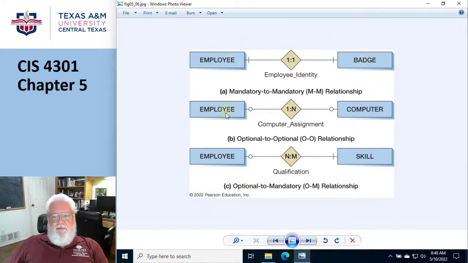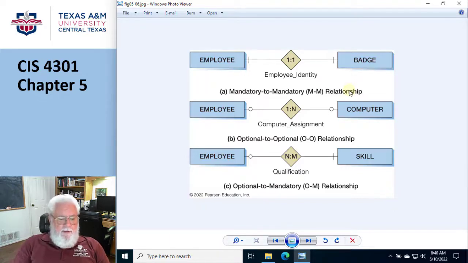Okay. Here's an optional and optional. An employee might have a computer, more than one, but he's not required. And a computer could be sitting on the shelf without being assigned to no one. So optional and optional. And here, an employee must have a skill, at least one, otherwise why'd you hire them? But there could be a skill on the list which currently has no employee. I mean, that guy left and we don't have anybody who knows how to do that. Okay, that can happen. So this is kind of the notation we're going to be learning for the minimum cardinality